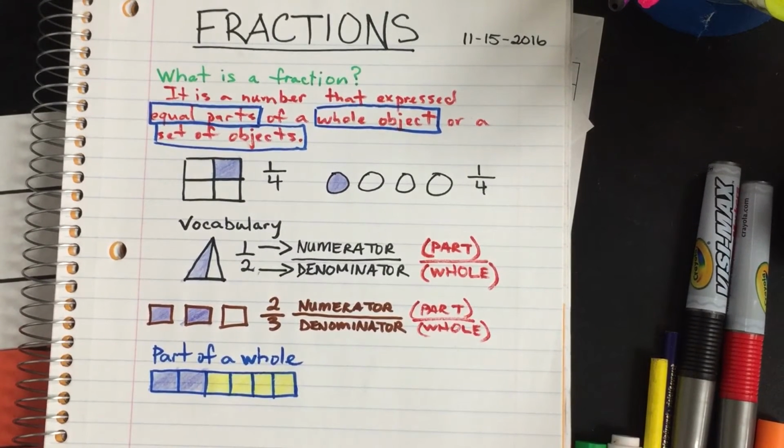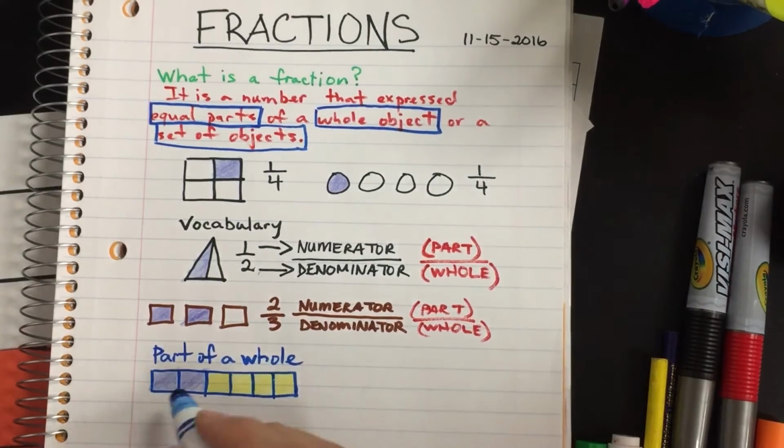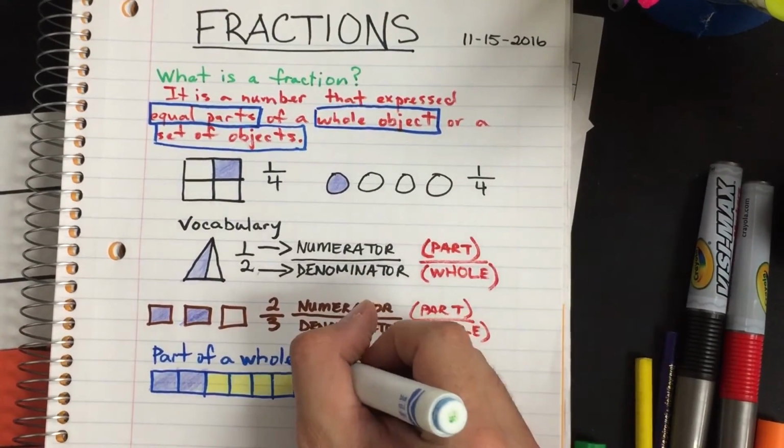So if I'm looking just at the blue part, what fraction would I have? 2 what? 6. Why 6? Because there's 6 squares. Good. So we're going to put 2/6